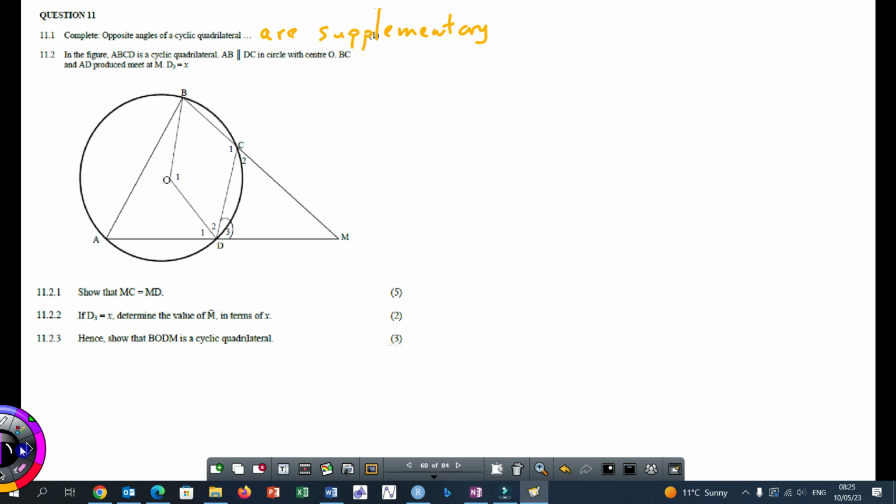So first, just to remind you, please buy highlighters before your June examination. You need to buy some highlighters to help you to add some stuff there. Okay? So MC is this line. And then MD